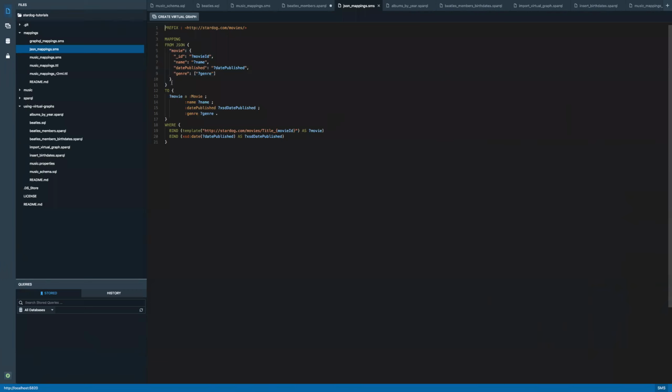The only difference is instead of a SQL query, we have a JSON template that shows what input we will be converting to RDF. So the JSON template here will be based on the structure of the data you are storing in MongoDB or Cassandra. But the general idea is the same, so there are some variables in this template that will be used to populate